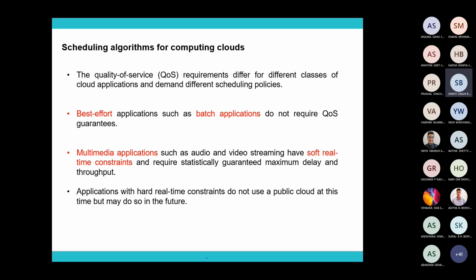Okay, so now this is about, as I mentioned, there may be different types of applications running, and each may require a different quality of service, right? It may be with respect to the deadline, or the performance, or whatever it may be. Now when you look at best effort, in the sense of batch applications and all, they do not require quality of service guarantees. When you run a batch application, they may not have that much constraint saying that it should be completed within a deadline.